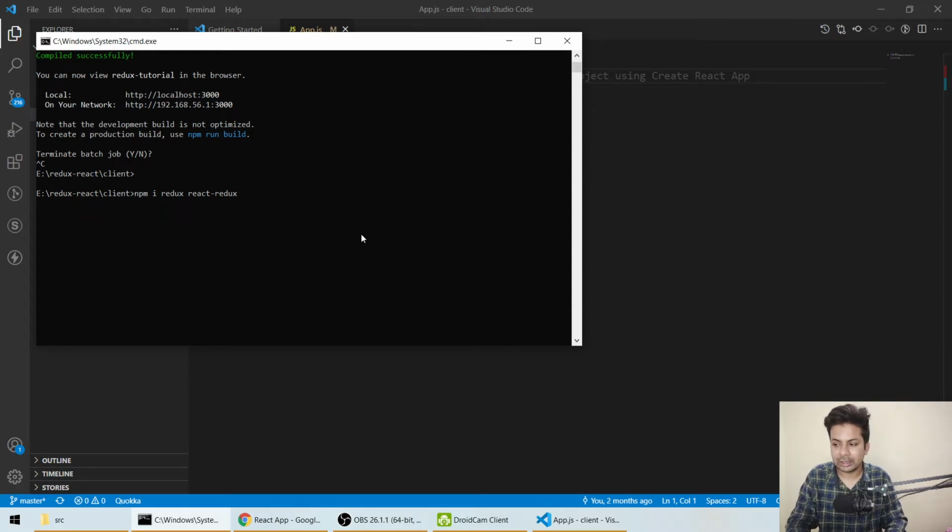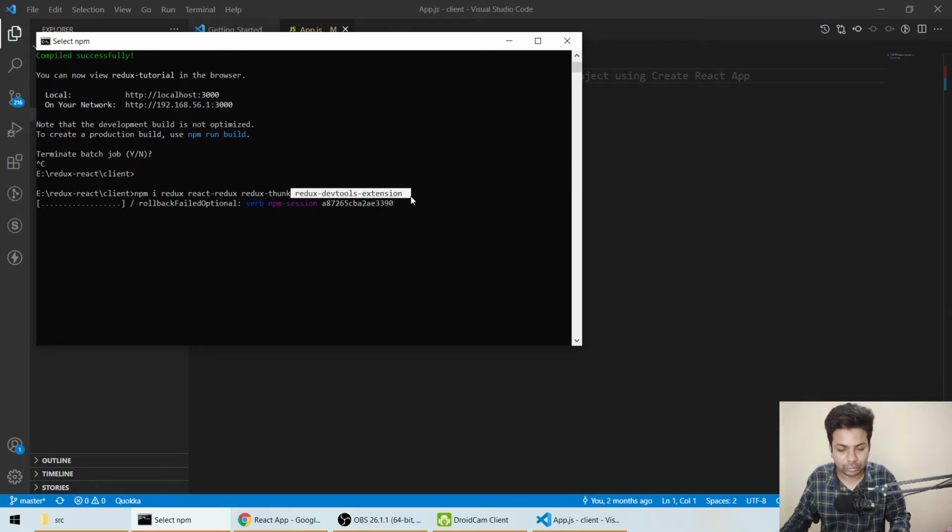Then we'll need Redux thunk. Redux thunk looks like a big word, but it's really simple, so don't get confused. It is used for calling asynchronous APIs, so that's why we use Redux thunk. After that, Redux DevTools extension. This is used for watching how our data is changing and all that stuff. This is just for visualization, this last part.